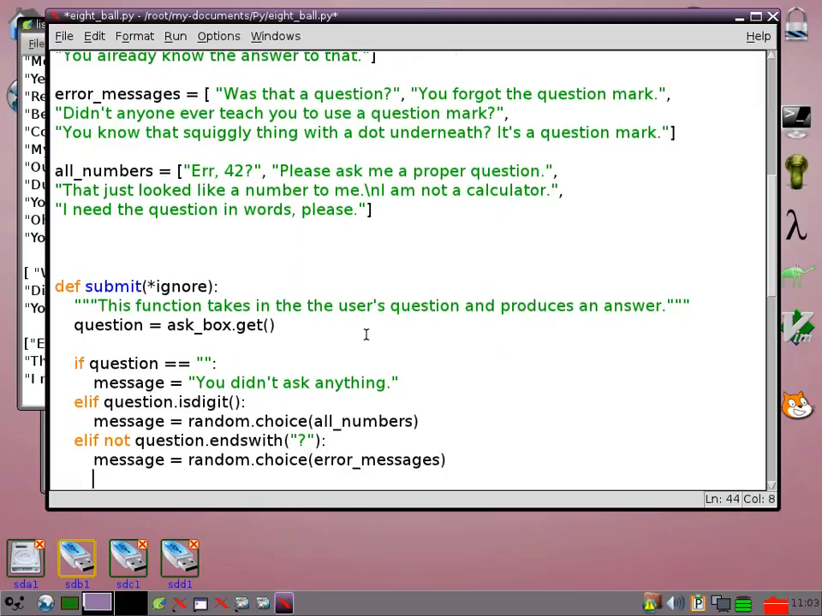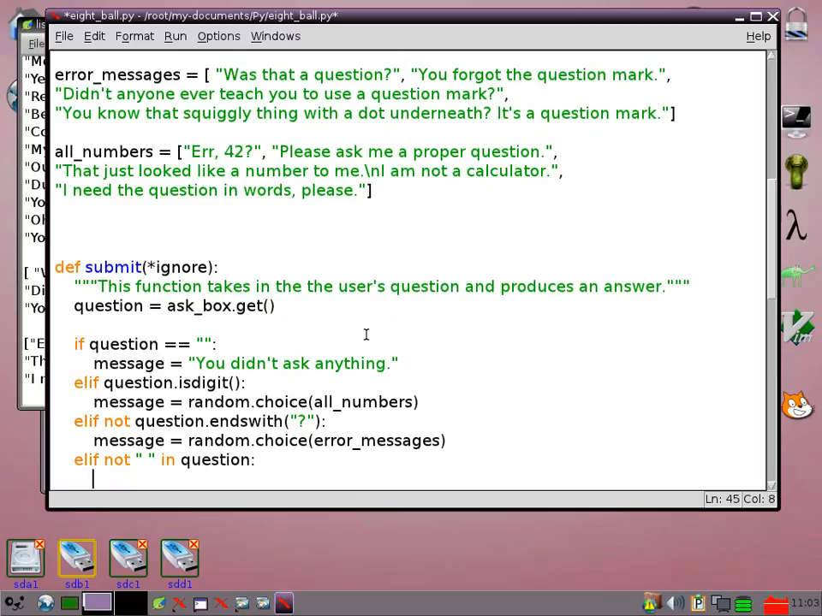While I was doing this, I just thought for one as well, that if somebody just types in a load of garbage with no spaces, I wasn't going to be too happy about answering that either. So if there's no space in the question, then we're going to go for message equals